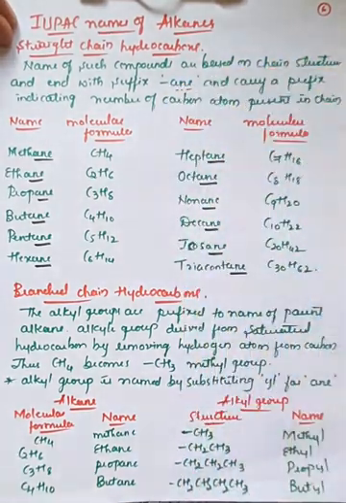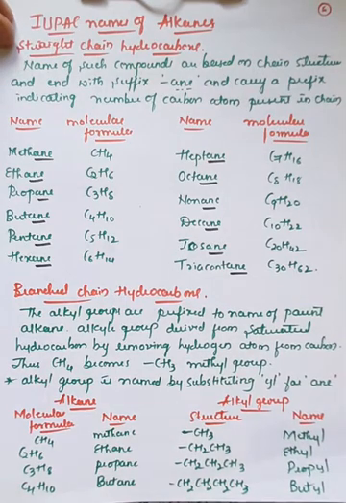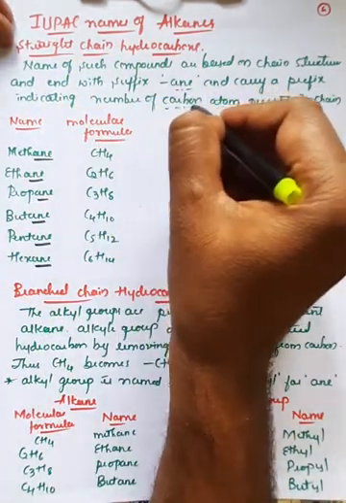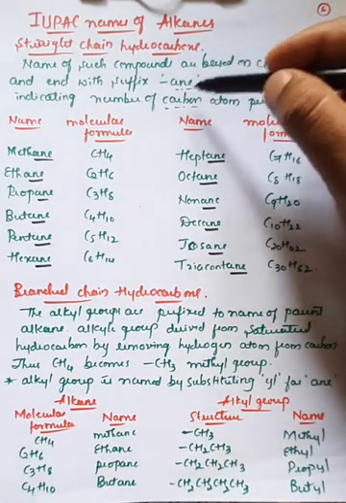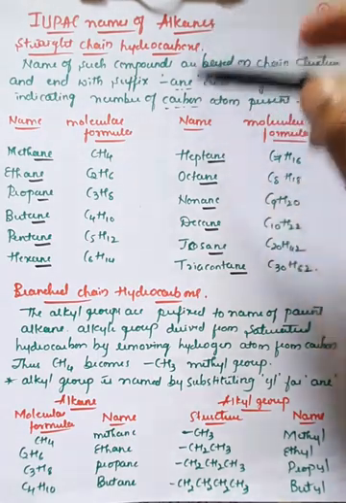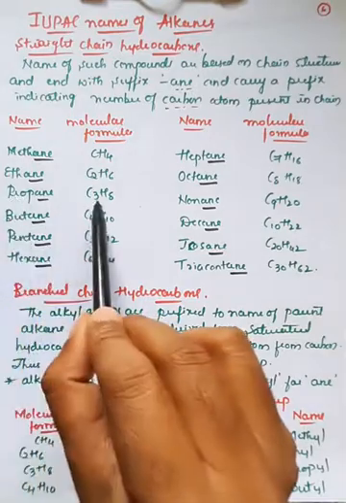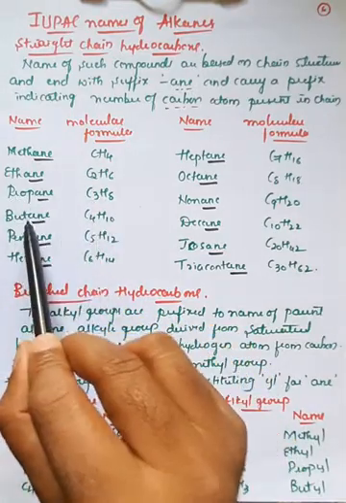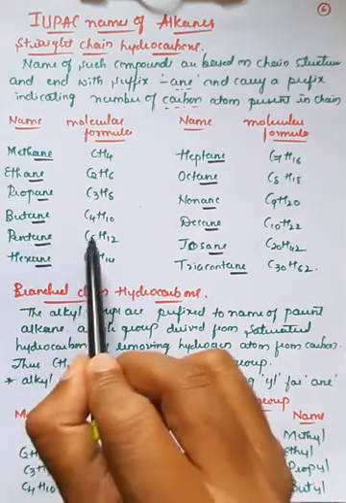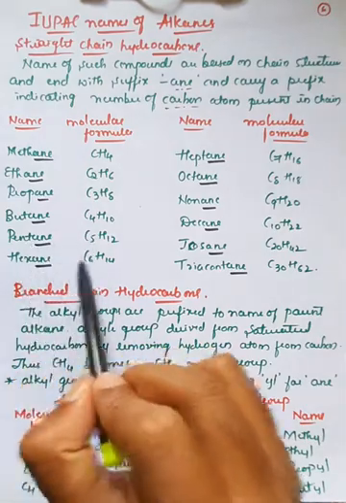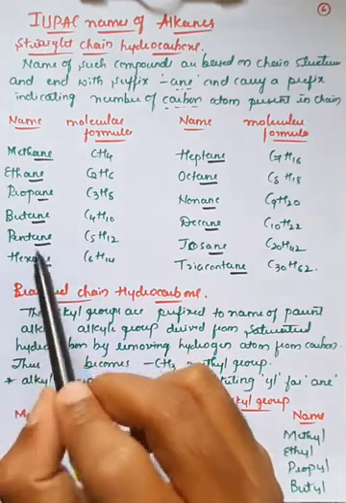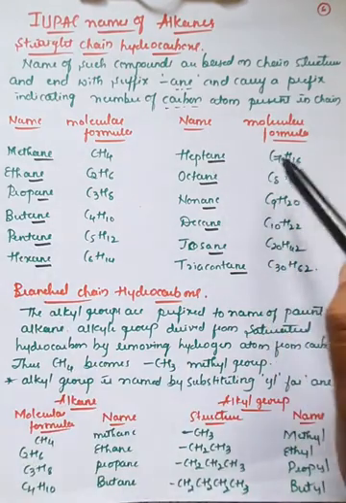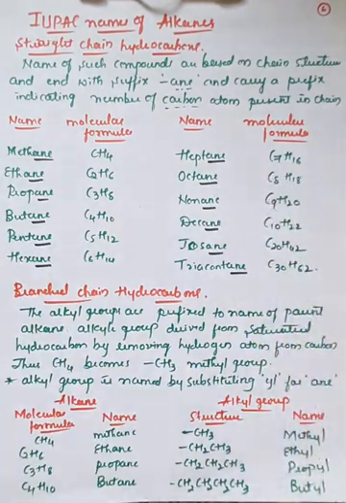This is very important. We use the suffix "ane" and further indicate the number of carbon atoms as a prefix. There are 2 terms here. One is the identification of the number of carbon atoms, and further joining that with "ane" from alkane, right? So remember, if there are 3 carbon atoms, we will call it propane, 4 carbon atoms, butane, 5 carbon atoms, pentane. 5 means pent, right? 6 means hex. Further it is bonded with "ane", which means it is mixed with "ane", that is called hexane. That is heptane, 7 carbon atoms, 8 carbon atoms, octane, like this.